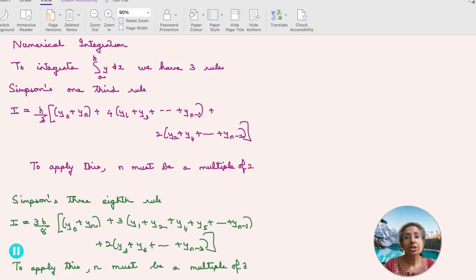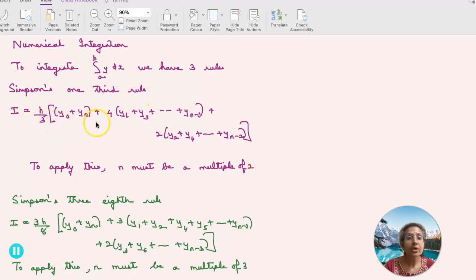So welcome to this session on numerical integration. We will learn about three types of numerical integration here. That is Simpson's 1/3 rule, Simpson's 3/8 rule, Weddle's rule, and how to apply them. So to calculate the integral from a to b of y dx, the first rule is Simpson's 1/3 rule, where I equals